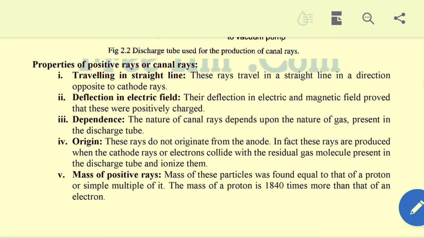It means these rays are not formed from the anode. But I explained earlier that when electricity passes through gas molecules,